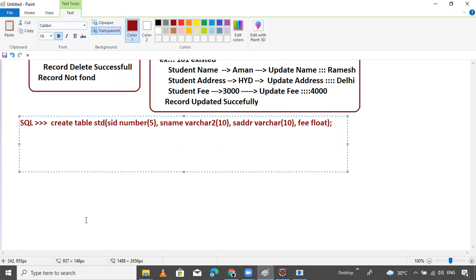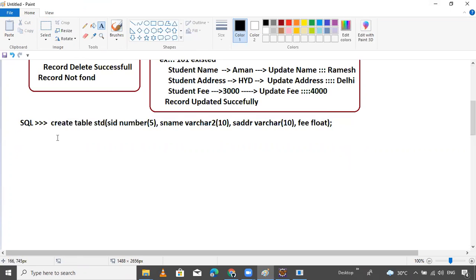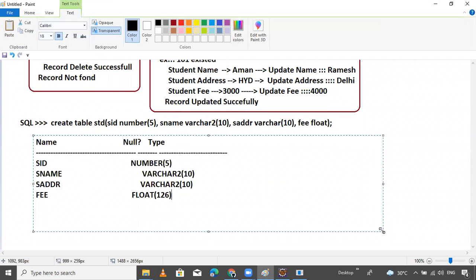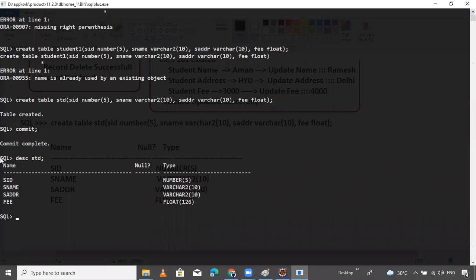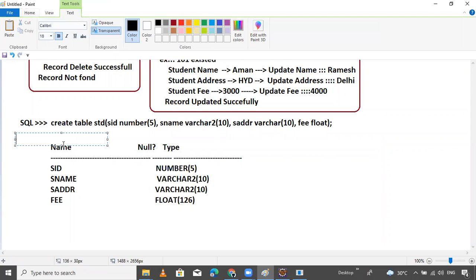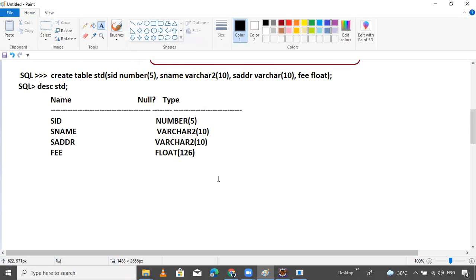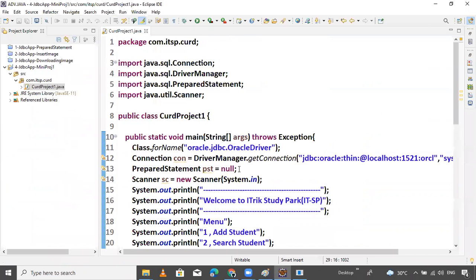After this, we will use this. That's it. Now we'll get this table.